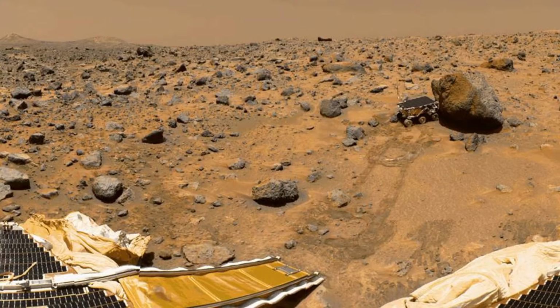Here is the surface of Mars, a region known as Ares Vallis, which was explored by Mars Pathfinder's Sojourner rover in 1997. It's dry, dusty, rocky and windy. The sky is pinkish because of dust suspended in the atmosphere. Even on the warmest days, temperatures barely top 0, and at night it can drop to minus 80 degrees C